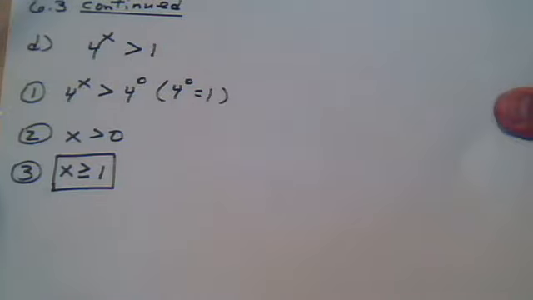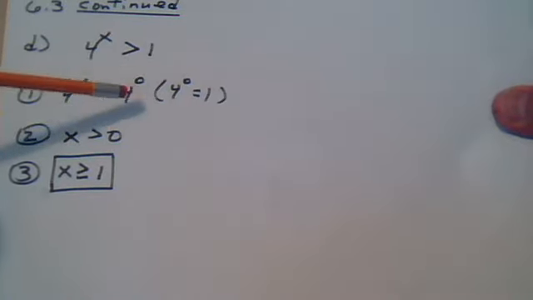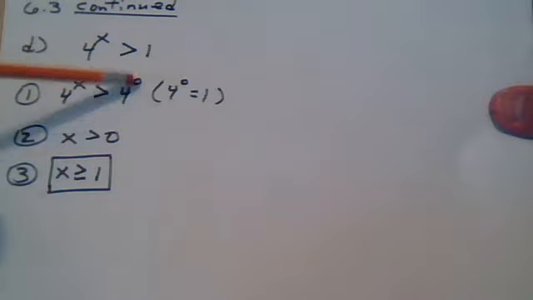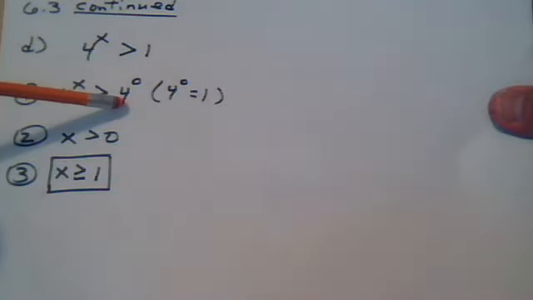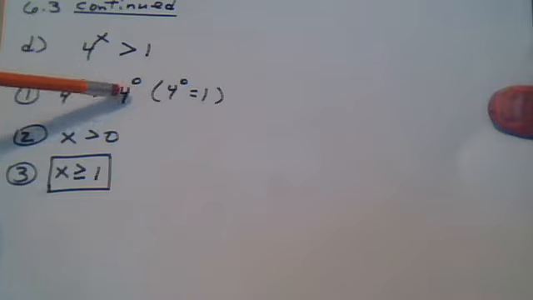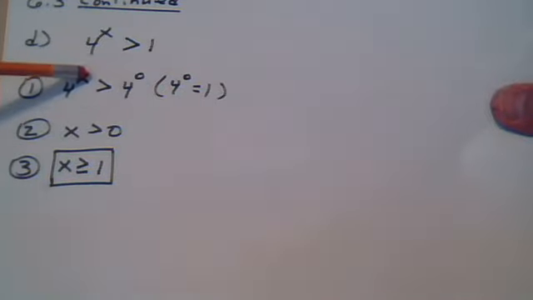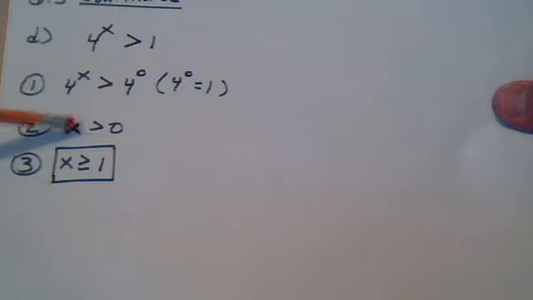For this one, how do you change a 1 to a 4? Well, you can let it be 4 to the 0. Since we know that anything to the 0 is 1. So we could sneak this 4 into this position by saying 4 to the 0 is 1. So we could rewrite the 1 as 4 to the 0. Now that we have the two bases the same, we work with the powers. So we're saying here that x is greater than 0. What is the first integer greater than 0? 1. So all those x's greater than or equal to 1